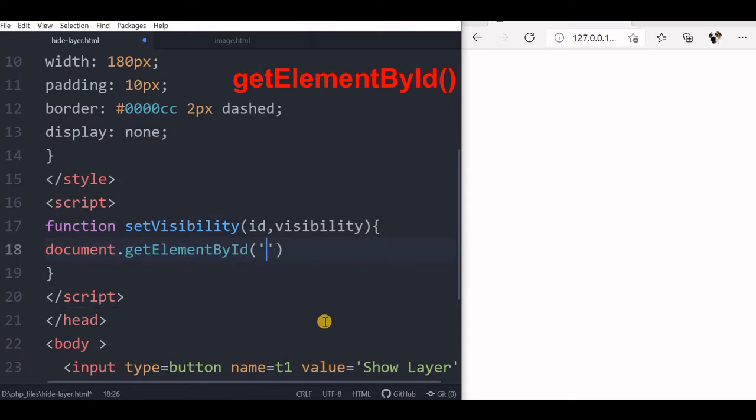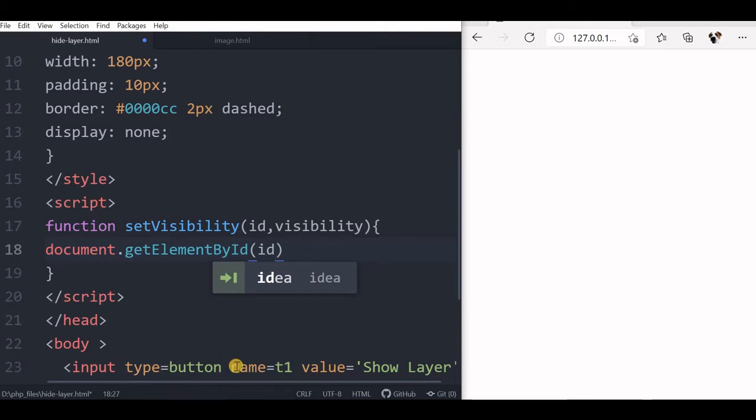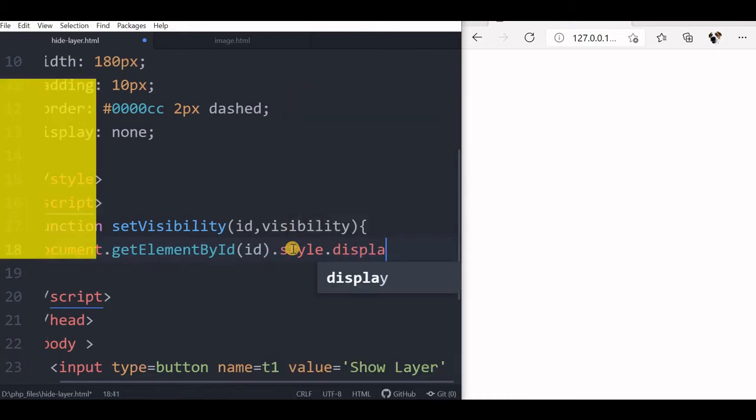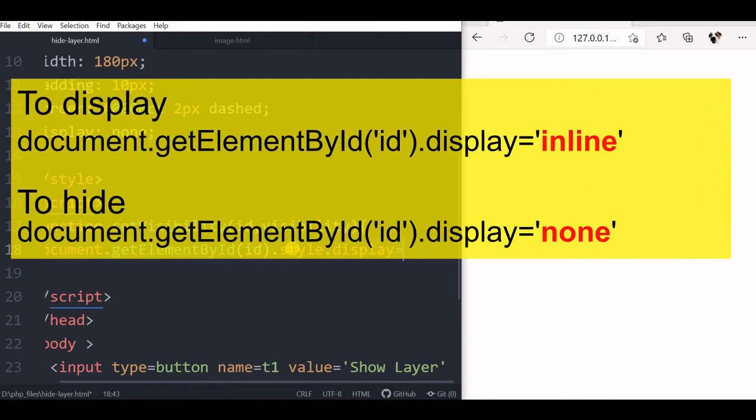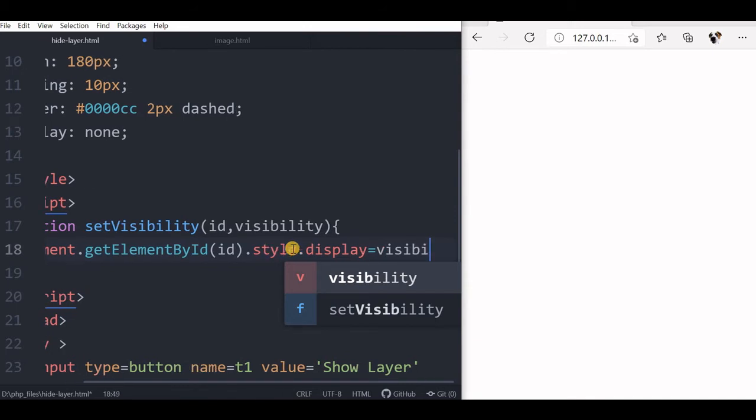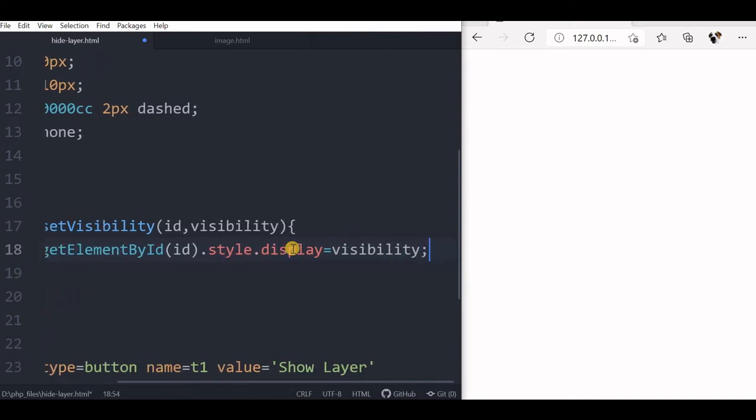Now what will you access? No quotes here because we are accessing the variable. So ID is nothing but it carries the value of the message box which we are trying to control. So ID. Now we'll say style.display equal to visibility.